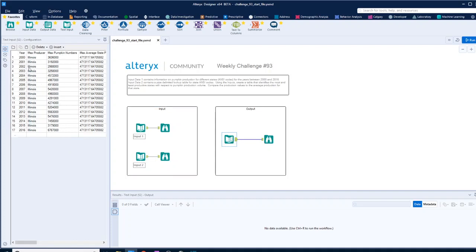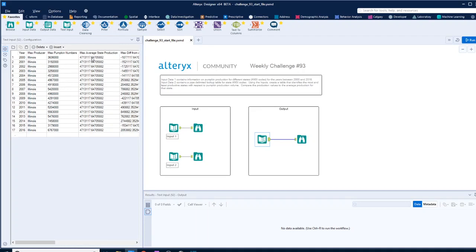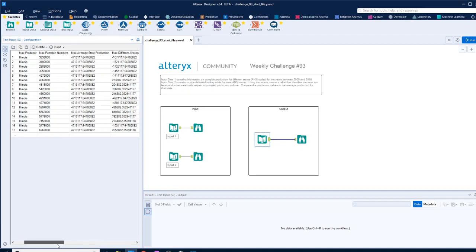Now, if we look at the output that we're looking for, it is the year listed here, then the state, the max state, and then the total production, and then the average of that state. So it says max average, but what it means is that of this max part of the table, the great state of Illinois has an average production in an average year of this. So if you take all these years and average it by year, then that's what you get. And if we look at the difference each year between the average and what actually was produced in